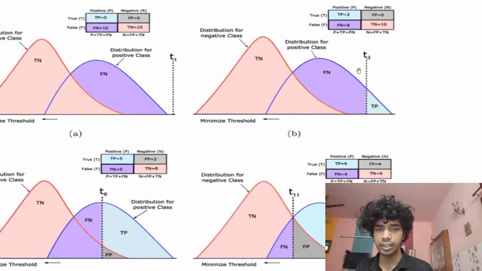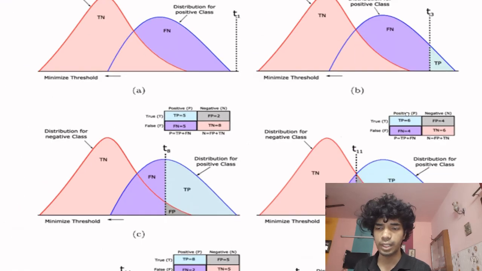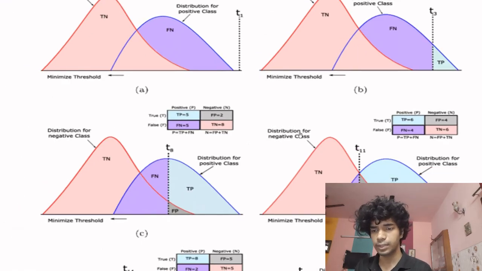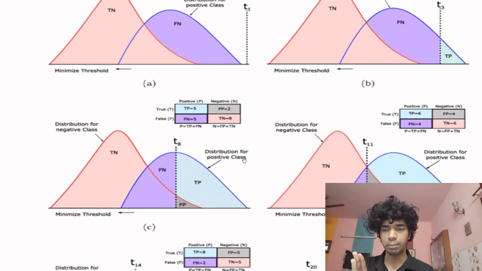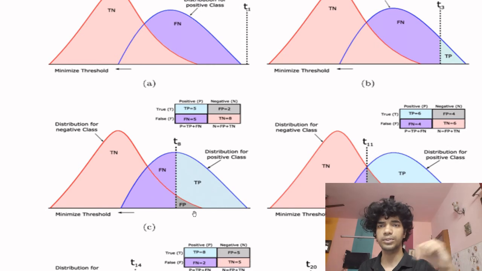You decrease the threshold. Now this was positive and is also predicted as positive because it is to the right of the threshold, so you say it is a true positive, and the rest of the distribution remains the same. Now you decrease it a bit further, which increases the number of true positive samples and decreases the false negative samples, as well as introduces false positives, because this particular region belonged to the negative class but has been predicted positive. So you would say this is a false positive, predicted positive but actually belonging to the negative class, so the prediction is false. And so goes for the false negative.